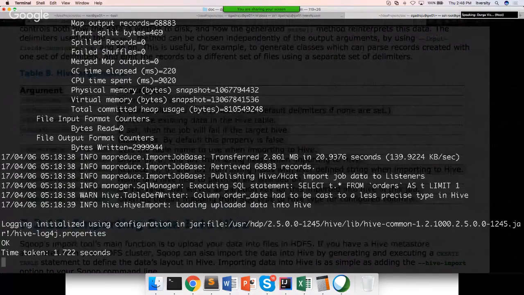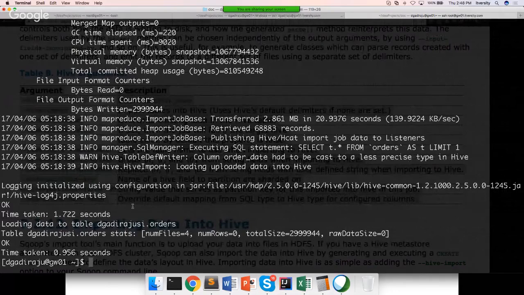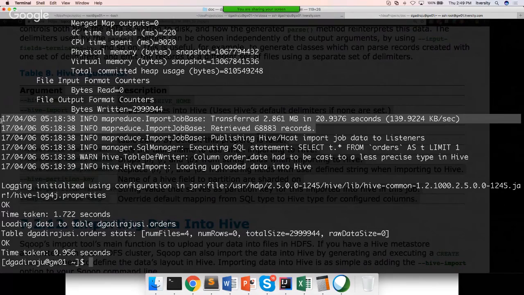The location is /user/d Gadiraju, which is my home directory, and then the directory with the table name. Once that is done, if you check /user/d Gadiraju, there will be a directory by the name orders over there. After that, it is actually copying the data from that location into the location where the table is pointing to. Now if I check hadoop fs -ls,